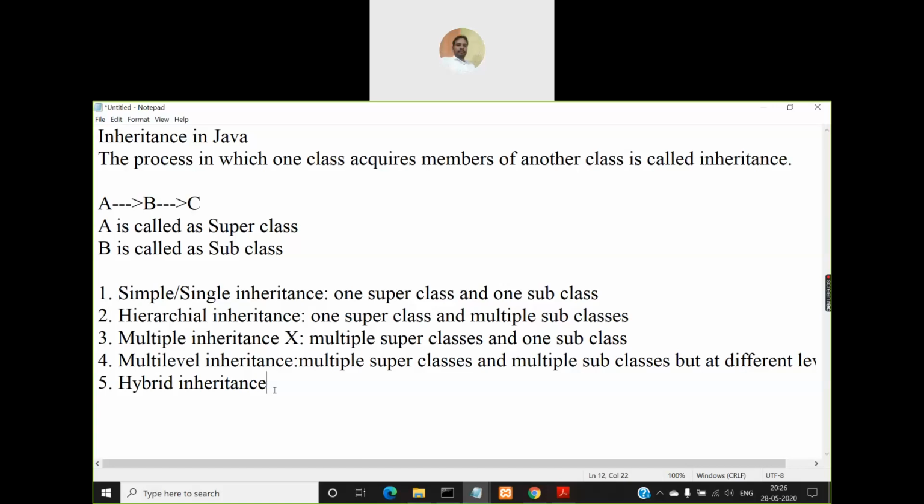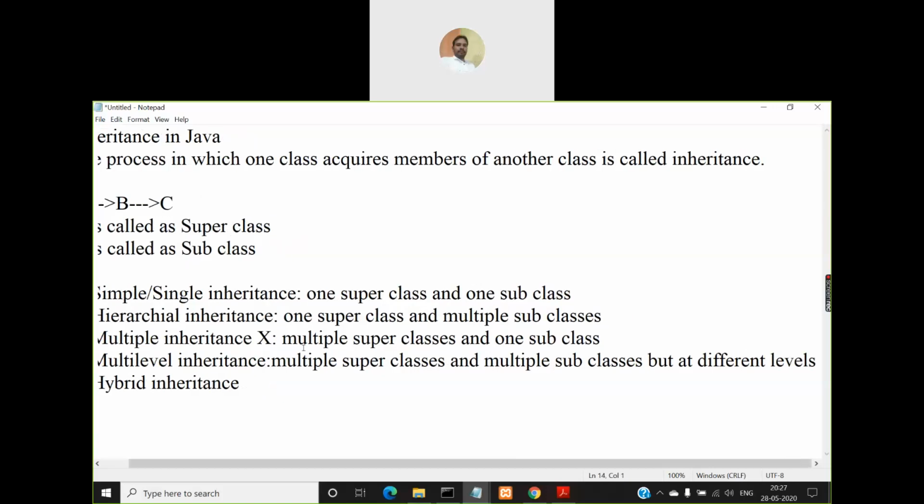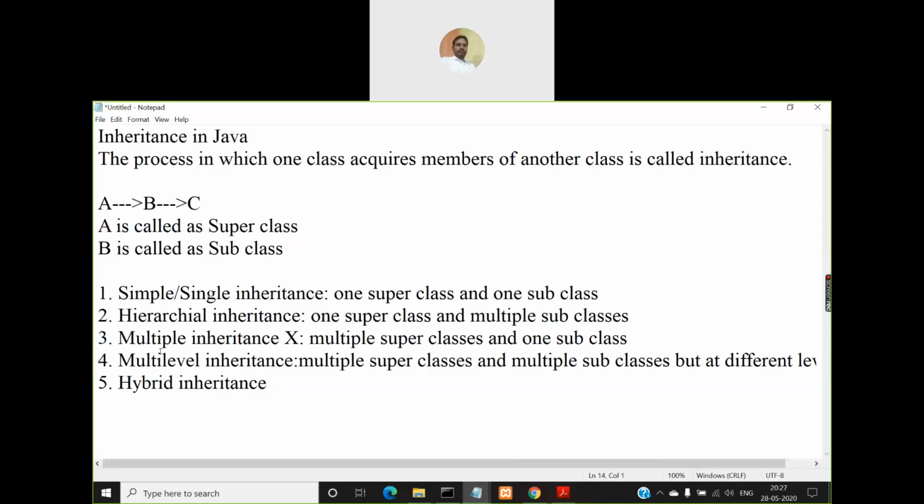So now that you understood what inheritance is theoretically and the different forms of inheritance that exist in Java, in Java we need to consider only four types of inheritance, excluding multiple inheritance, right? So now we'll see how to create a subclass and how to make a class a superclass and subclass. What is the syntax that we need to use for it?